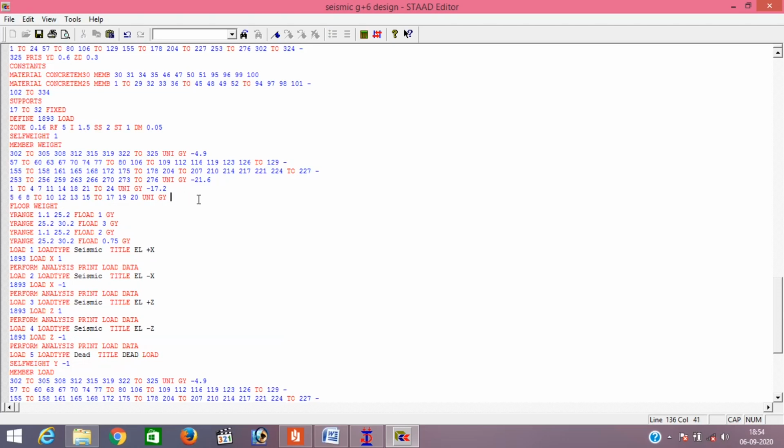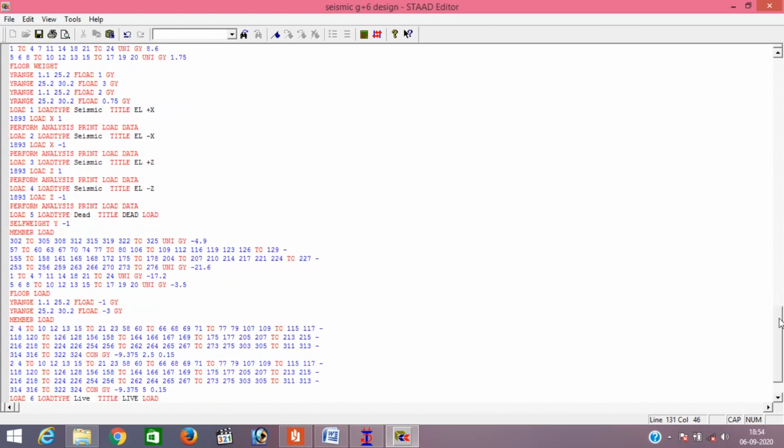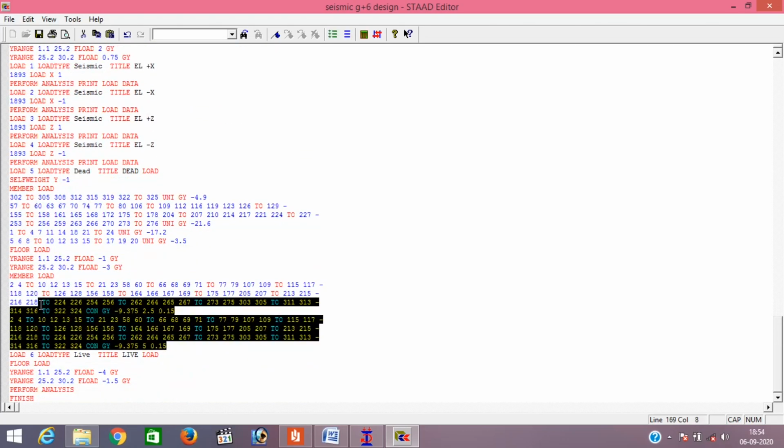So just remove this negative sign, all the negative signs we have to remove. 8.6, 1.6, 4.9.